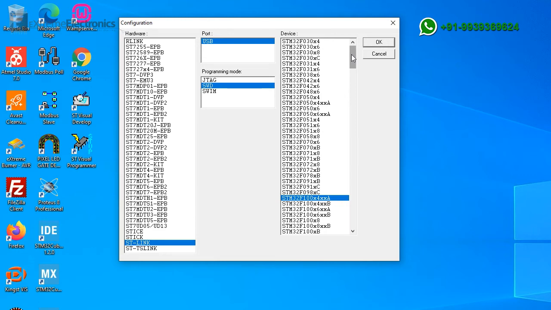Here in this list, the name of each microcontroller contains a small x. This small x is actually the placeholder. In actual naming you won't find this letter x. In place of that letter x you will find some other characters like F, K, C, R, V or Z. They signify the number of pins available in the microcontroller. So the actual part number will be different. You won't find this x there.